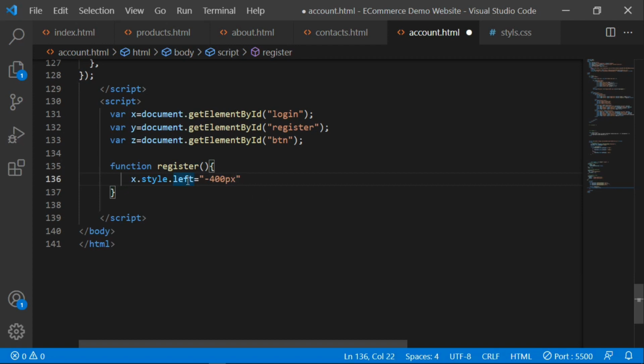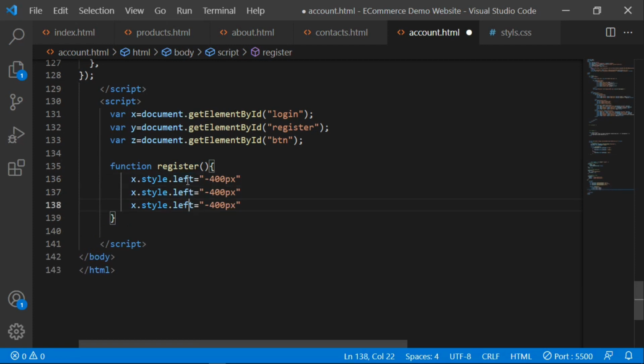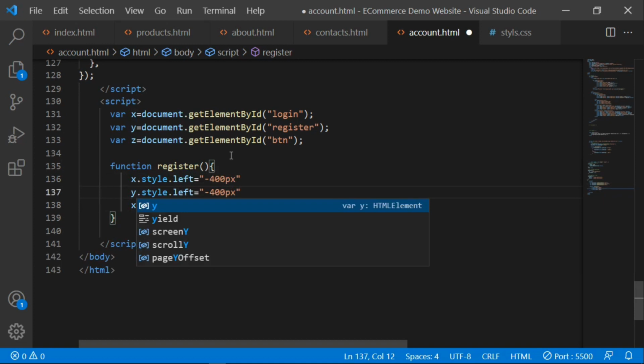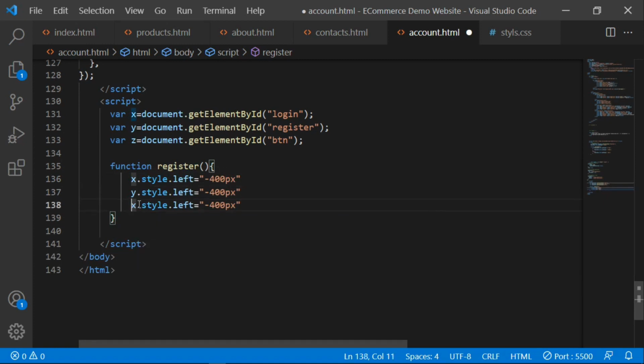Oh, first of all, let me just duplicate this part, and then this one is Y, this is Y, and then this is Z, and then here I'm going to change the value to be 50. This is 50, and then here I'm going to give it a positive 110 pixels,